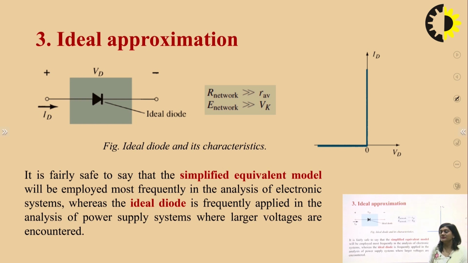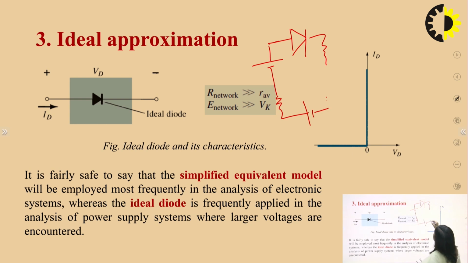And also, E network. This is our diode and it is connected in a circuit. This is a resistance, this is a battery, and also this is a resistance. Again there is a battery, again there is a resistance. So this is R1, R2, R3, and this is V1, V2, and V3. So the equivalent of V1, V2 and V3 will form an E network, and the voltage across this diode will be the Vk.